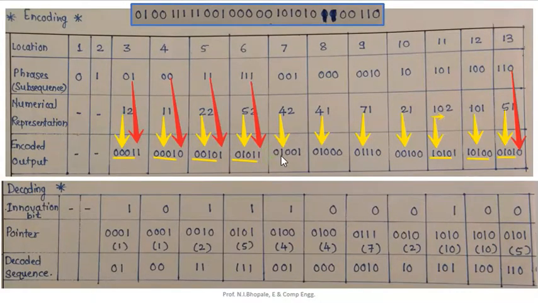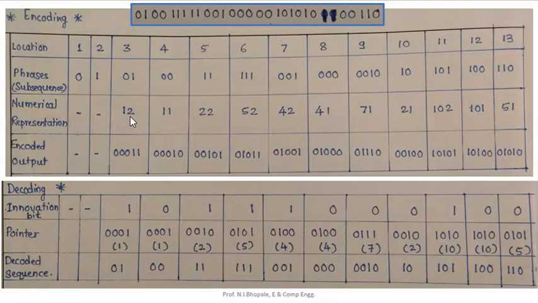So everywhere it is done like this, except this last bit which has been carried from the phrases or the subsequences. Now, one may think here: why not bring it from the numerical representation? Yes, you can do it like that also. Like here, the 2. If I want to check the bitwise representation for this 2, for 2 it is 1.